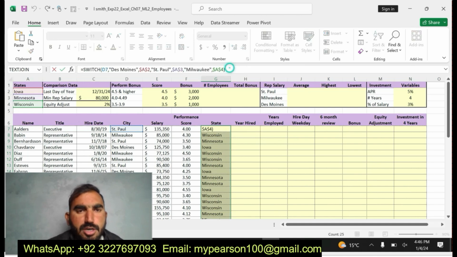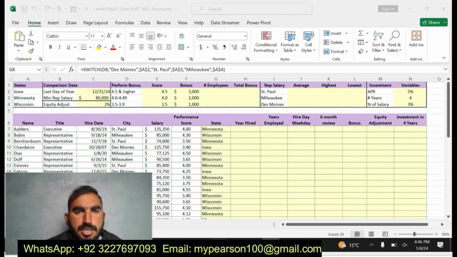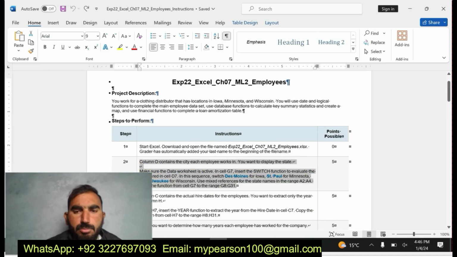You can see the final formula of step 1. I have inserted the SWITCH function. Now I am going to move to my next step.